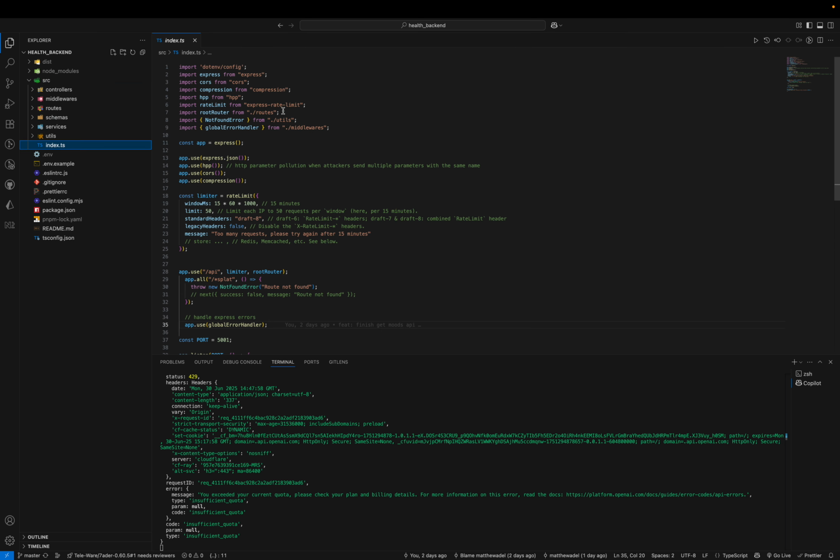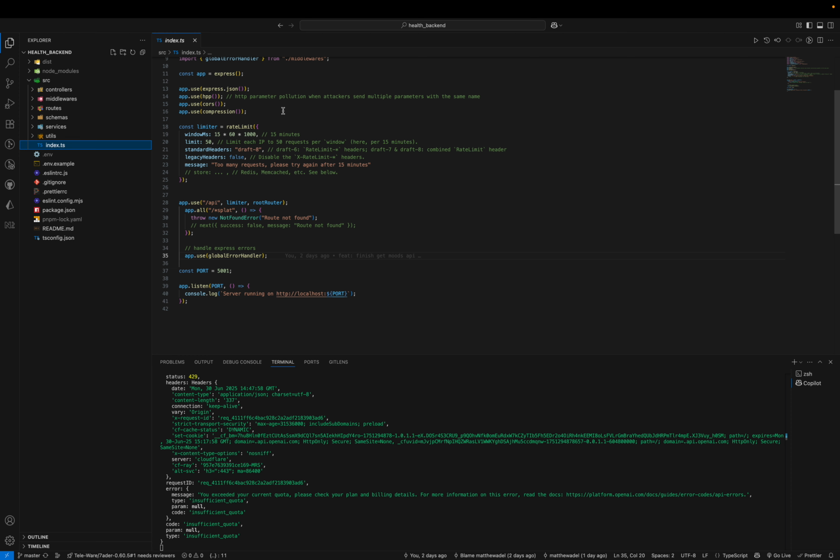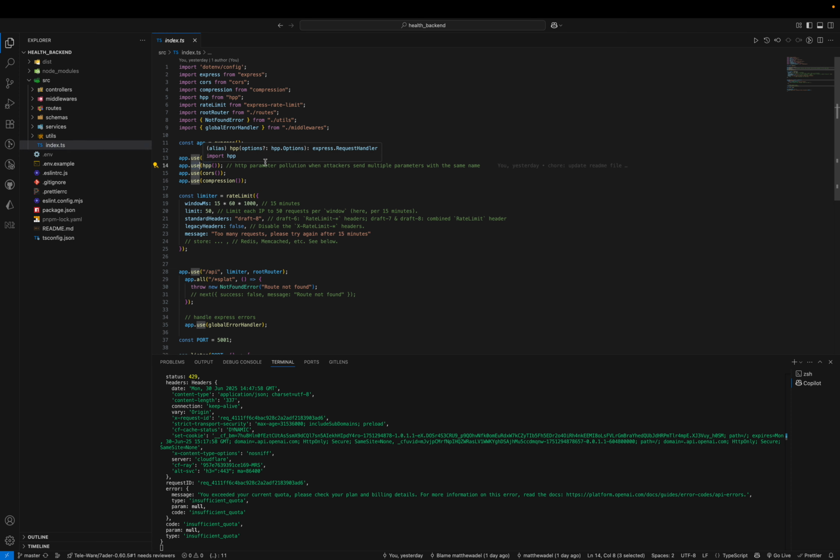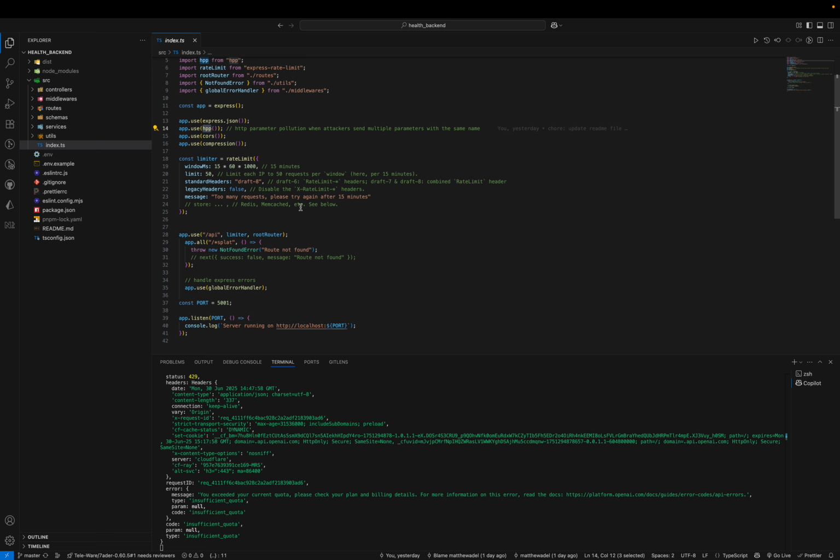If you go through index.js, it's the first thing that the user will see. You will see that I used some third-party security libraries like HPP, HTTP parameter pollution, that prevents attackers or users from sending multiple parameters with the same name either in the body or in the link. And I used CORS to enable CORS, and